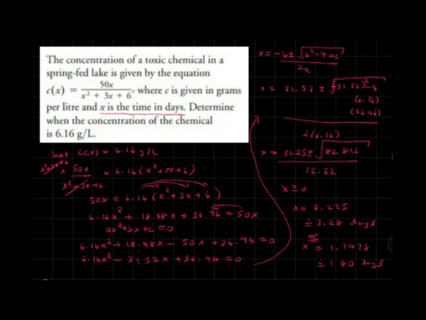So the concentration will reach 6.16 at 1.8 days and 3.28 days, right? So it's going to hit that twice, so both of these answers are valid, and that's really the idea behind it. So you can have 1.80 days or